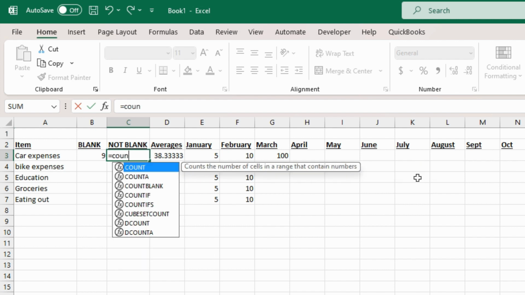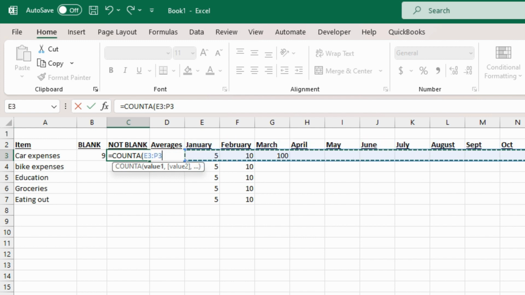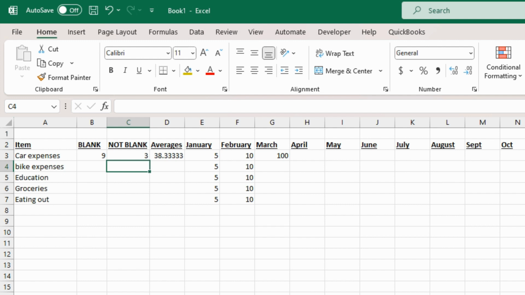We want to say COUNTA, and then tab, highlight all the fields, hit enter. We can see there's 3 that are not blank, so 3 of them have content, 9 are blank out of that selection. If we were to add something else in here, we can see that the numbers update,